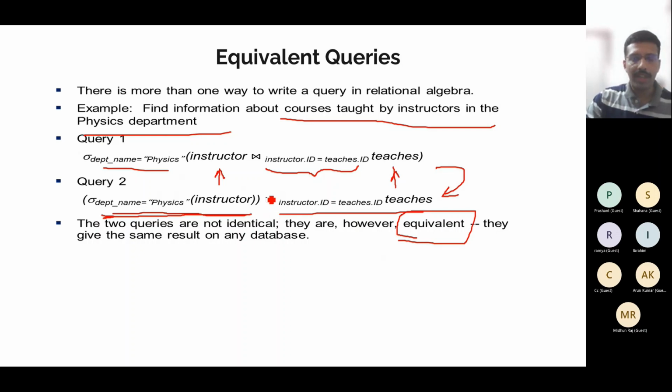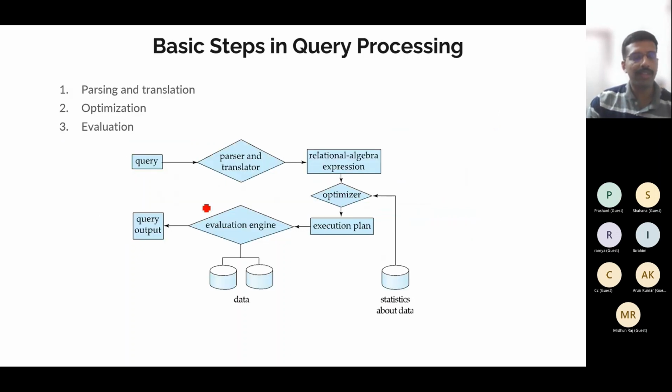Okay, so I think that the equivalent query concept is clear. So then we will move to the three steps involved in processing a query in DBMS. First, the DBMS needs to find out what we try to achieve from a particular query. That is the parsing and translation into a language which the DBMS can understand.